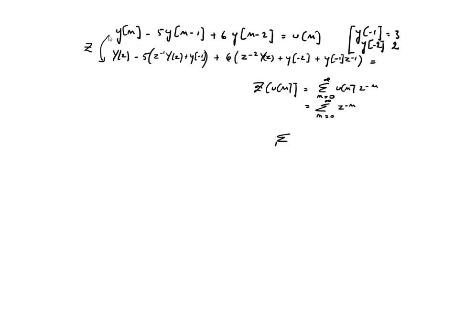Remember that the sum of the geometrical series is 1 over 1 minus q if the modulus of q is smaller than 1, so this is 1 over 1 minus z minus 1, right? And the domain of convergence is modulus of z larger than 1, so we can write here 1 over 1 minus z minus 1. So this we can erase,